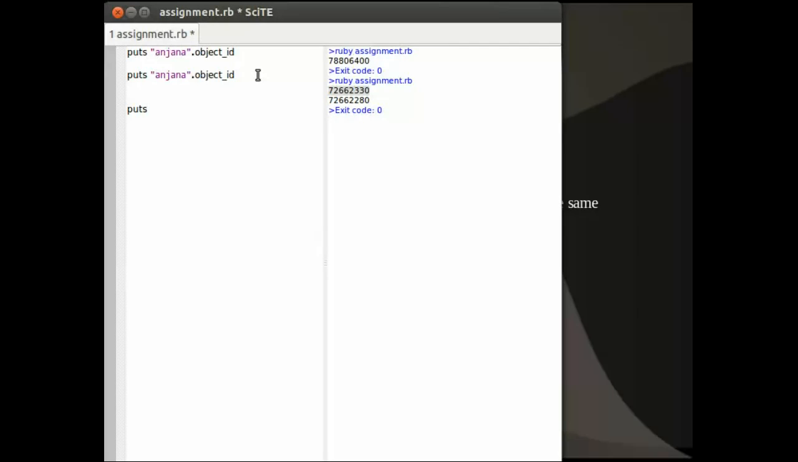So if we were to define it as a symbol and check the object ID, and define another one, you'll notice that the object IDs are the same. Please note that there is no need to assign any value to a symbol. Ruby takes care of that for you. Ruby also guarantees that no matter where it appears in your program, a particular symbol will have the same value. Therefore,